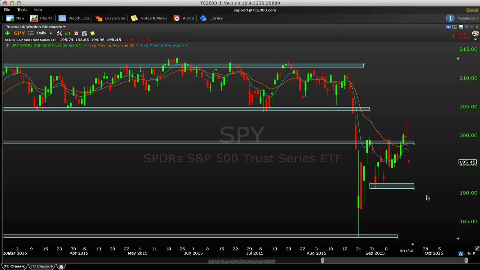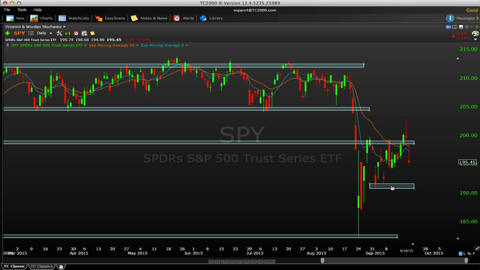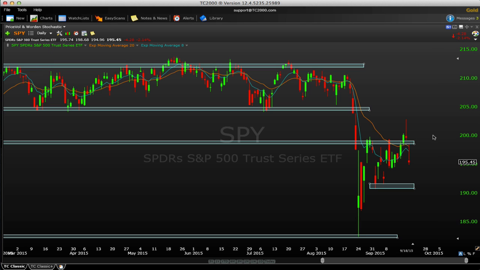to the downside. And then, of course, you've got this level down here right around 191, which is where we found some support for 2 days or so. And then you have the risk all the way back down here, down to 182. So those are the downside levels we're looking at. On the upside, we're basically looking to retake 199, get back above 200. That would start to make this chart look a lot more constructive. But for now, I think you still need to be defensive.